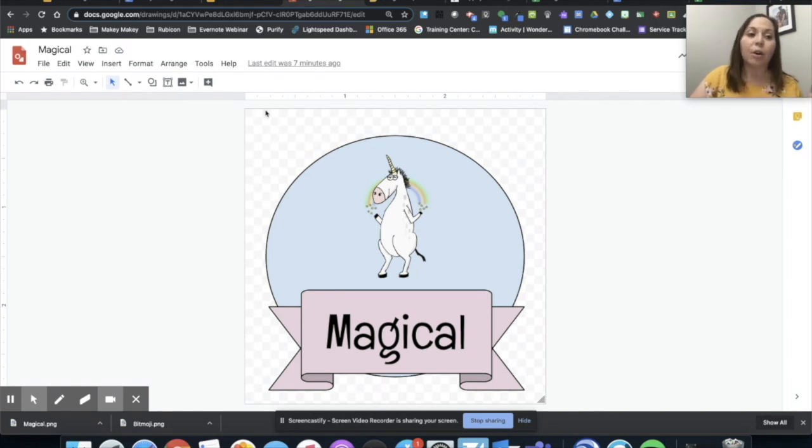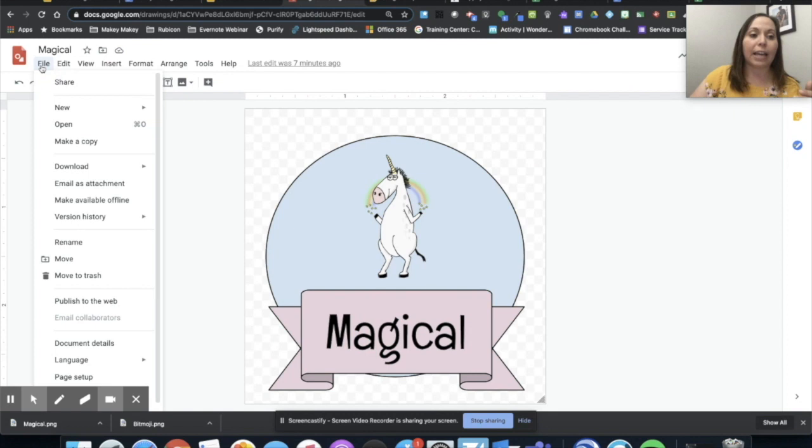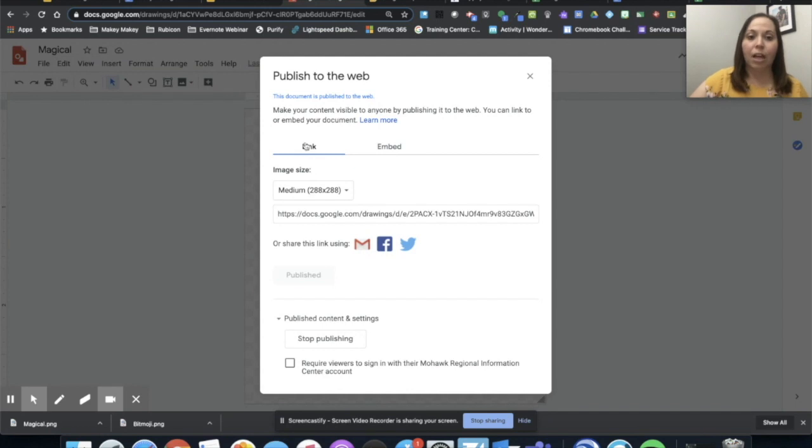So what we are going to do is go into File, and we can't just use like the link to share this with. We actually have to publish this, so it's a web image. Because one thing that they do mention in Flippity is that you need to have it have .png or specific file types in your URL. So to do this, what we need to do is go into File, and we are going to publish to the web. So if it's your first time, you're going to just follow the process, but we just need the